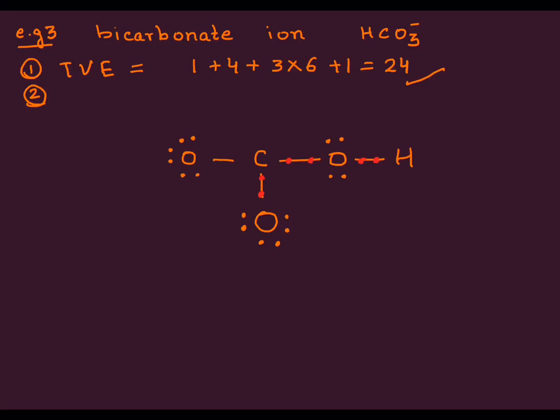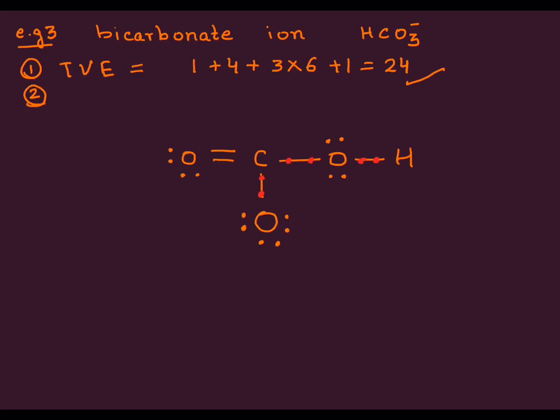So we need to make the host happy. That means one of the oxygen atoms needs to give its electrons to carbon. Go ahead, try it yourself first. Now since our oxygen here is already accommodating the hydrogen, let's request the other oxygen. So we go ahead and the oxygen forms a bond. That means I will remove these electrons from here and convert the single bond between carbon and oxygen to a double bond. Done.